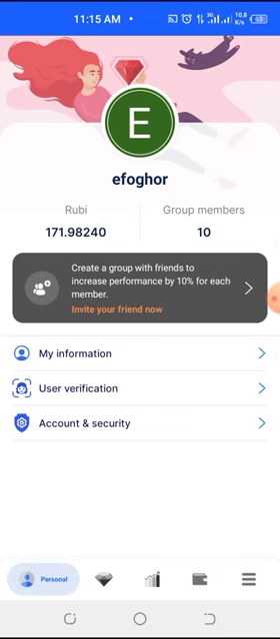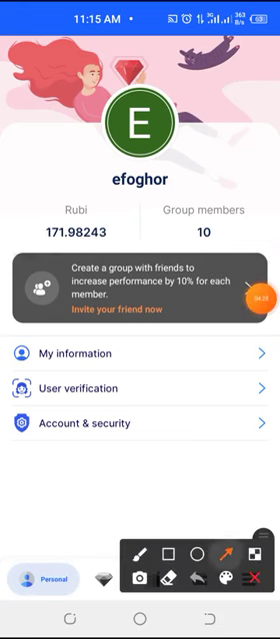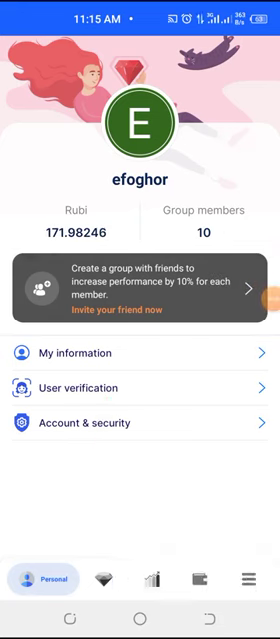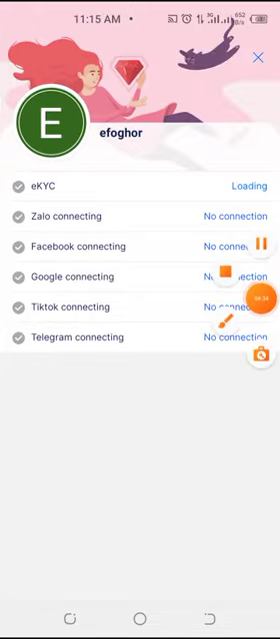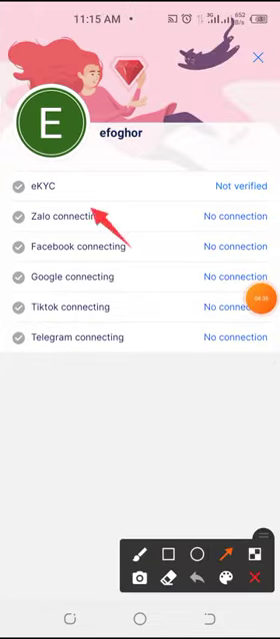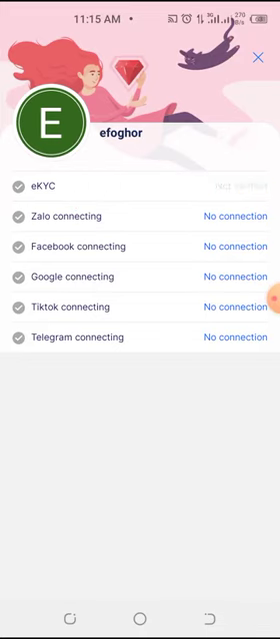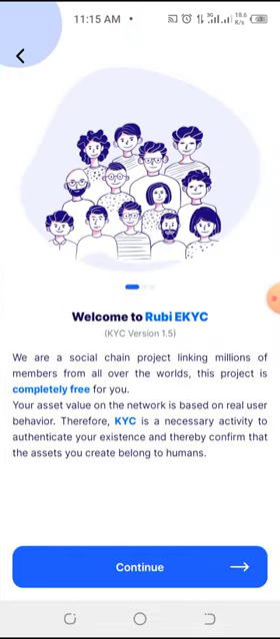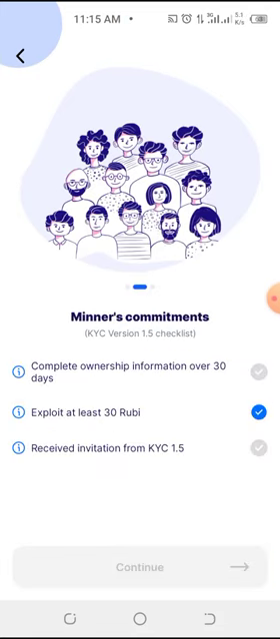Okay, so that is the one you have here. This one, user verification. We'll open it and then click on EKYC, and you can see it is not verified. Because it is not verified, I need to open it now and follow the procedure. Just click on that not verified area and you see welcome to RUBI KYC. Click on continue and then it now says complete ownership information over 30 days